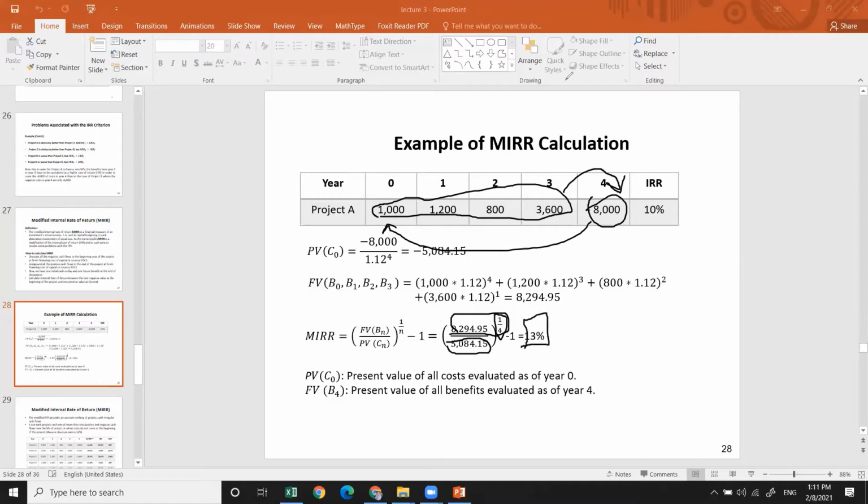Some of you in the class asked whether we can use the Excel function MIRR, whether we are allowed to use it. I said yes, we are allowed. However, up to some conditions: if interest rates do not change. But if the interest rate varies from one year to another, so that we've got 4 different interest rates, then it would be very difficult to use the Excel function. So what you will do is manually calculate it using Excel.